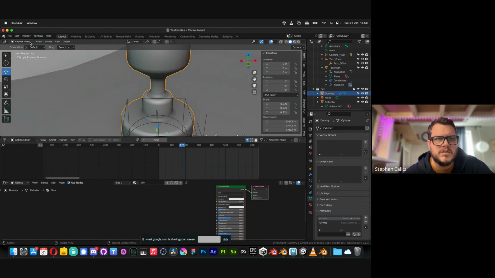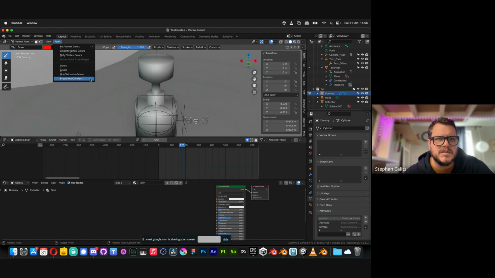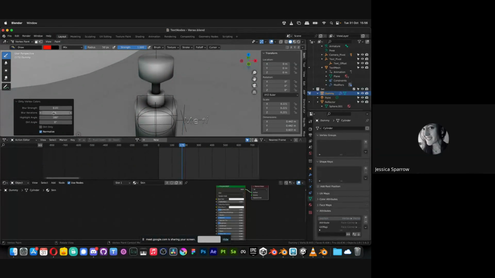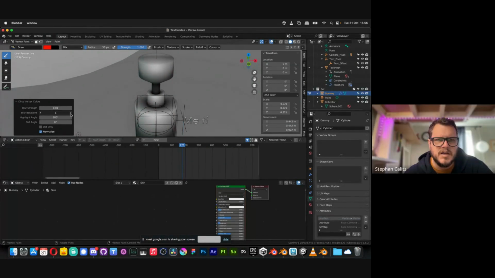Then you can go into vertex paint, and if you go into dirty vertex and find a nice medley of this, you can see where the density of the object is. It's making the shape of the object more obvious. Something like that.